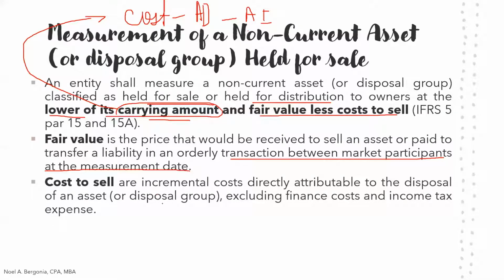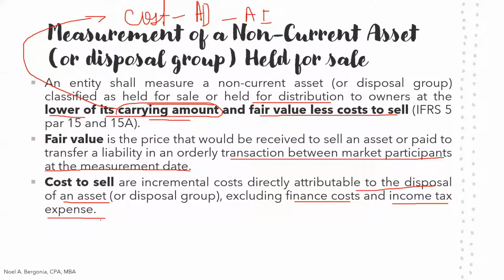So as you all know, costs to sell are incremental costs directly attributable to the disposal of the assets. Okay, so it excludes our finance costs and income tax expense. So please take note of this, just like what we have in biological assets, since we're also valuing it at fair value less cost to sell, and also in the recoverable amount in our revaluation in PPE, right? There we have that the recoverable amount is the higher between the value in use and fair value less cost to sell. So it's the same here with our cost to sell.